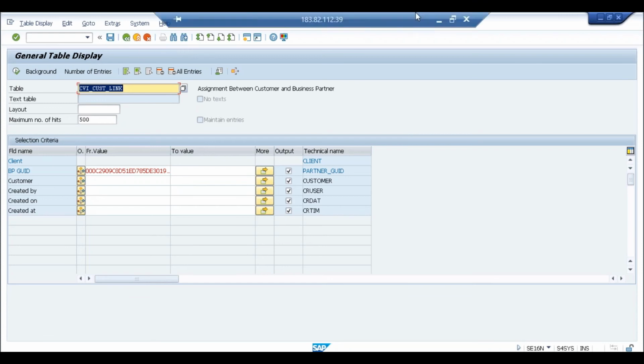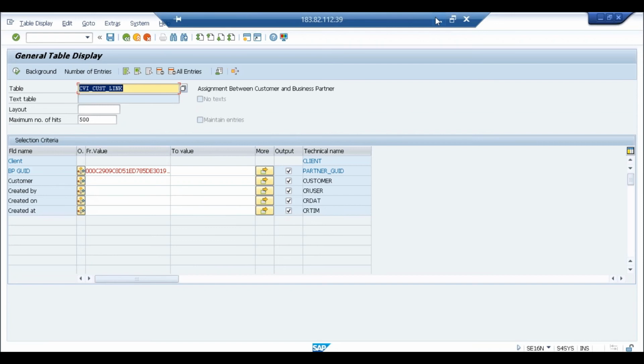But with so many simplifications, I wonder why they did not combine all this into one table. Just have two more fields on BUT000 with customer. One of the reasons I think is that it is not only customer and vendor. You are seeing there are a lot of different roles in business partner. They cannot think of only bringing the customer and vendor information into one table. They need to think about all the roles having the connection in one table. That is difficult to do, and that is the reason I think they have still not done it. Otherwise, for each link we have a table.